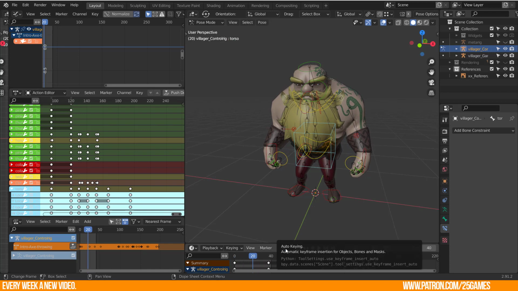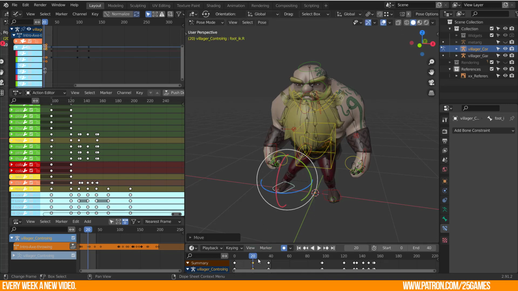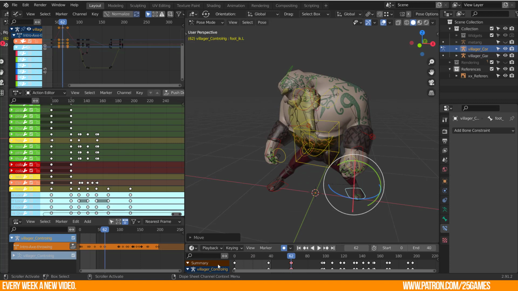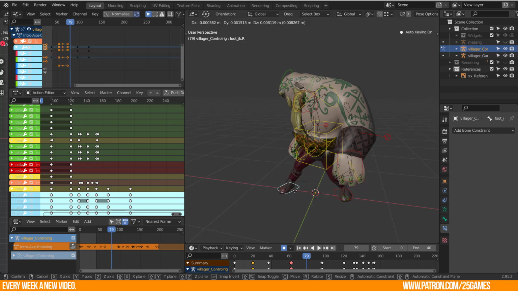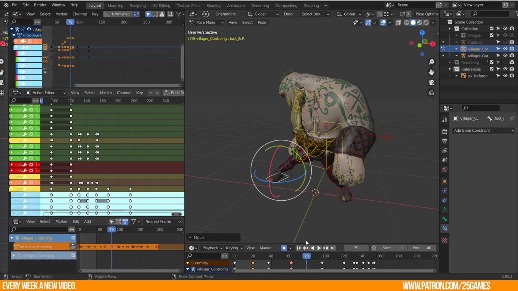I like as well the auto key function, which can be enabled or disabled here. This function will key every single thing you do in the 3D viewport. It doesn't matter what you are doing, it will key everything where your current marker is located. Interesting to know is as well that you can define the keyframe symbol. Just go to Keying, New Keyframe Type and select a predefined symbol. It makes the management of your single poses easier.